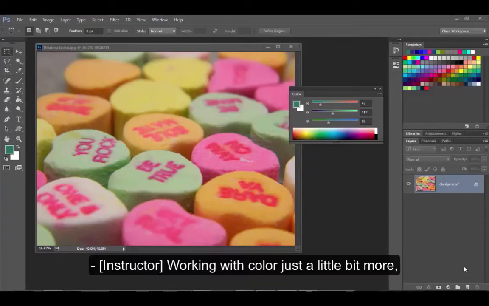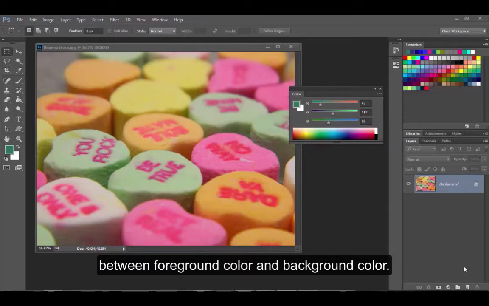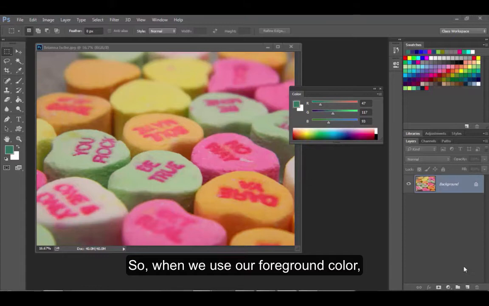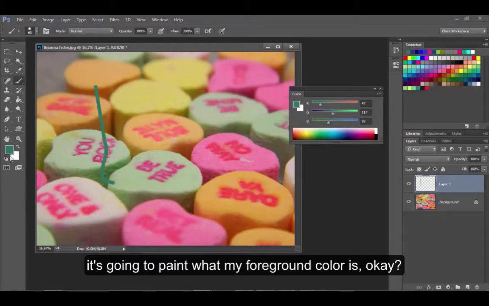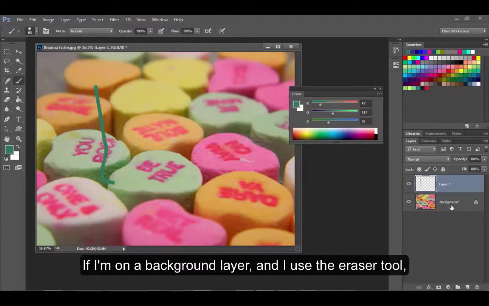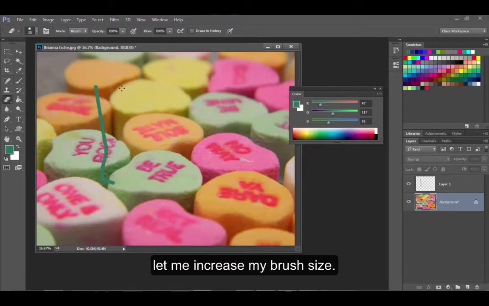Working with color just a little bit more, we need to define a bit more on what the difference between foreground color and background color is. When we use our foreground color, which is the top color, that color is used for painting, for typical fills. And if I make a new layer and I use a paintbrush, it's going to paint what my foreground color is. Okay? If I'm on a background layer and I use the eraser tool, let me increase my brush